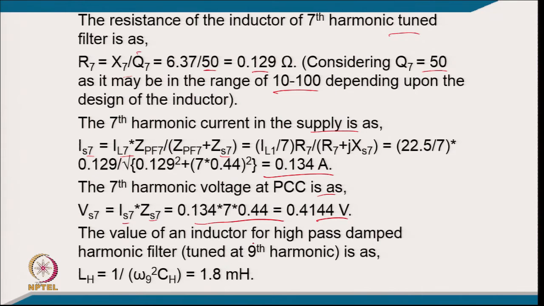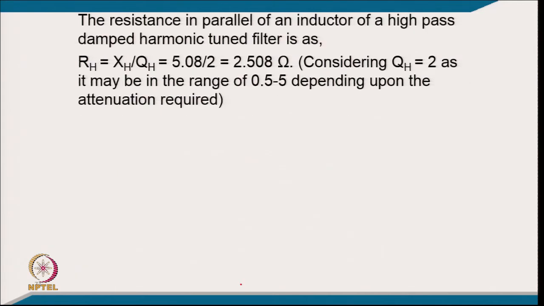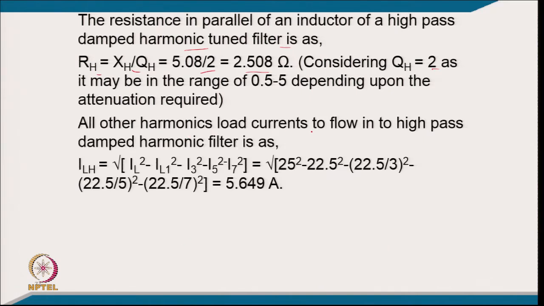The value of the inductor for the high pass damped filter tuned for the ninth harmonic comes L_H equal to 1.8 millihenry, and the resistance in parallel with the inductor of the high pass harmonic filter will be R_H equal to Q_H X_H, taking Q_H as 2. So, it comes 2.508 ohm, considering Q_H 2, and all the harmonic load current flowing to the high pass filter is calculated from I_LH equal to the square root of I_L squared, fundamental current squared, then third, fifth and seventh harmonic, putting the value, it comes